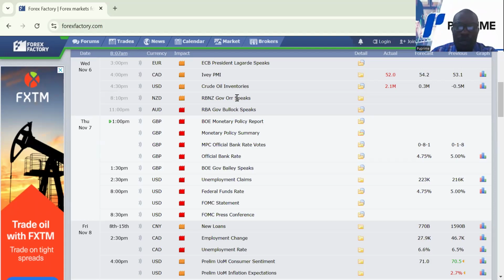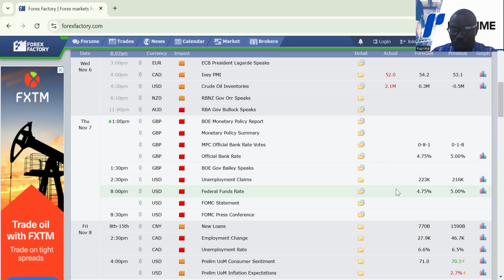By 2:30 p.m. today, we'll be having unemployment claims. Then by 8 p.m. at night, we will be having FOMC. So a whole lot of fundamentals today. Yesterday it was the U.S. election. Today, FOMC fund rate. The forecast is 4.75, meaning that there's going to be an interest rate cut